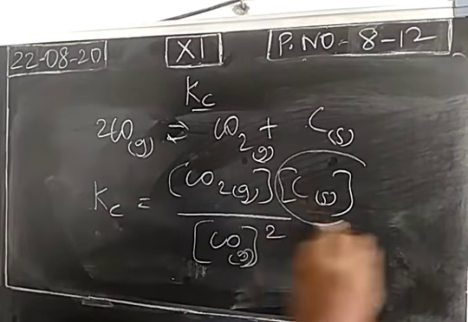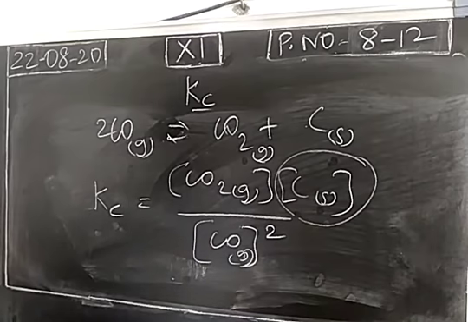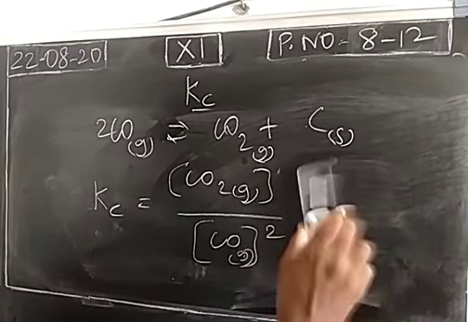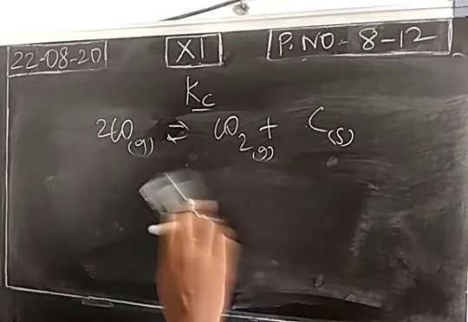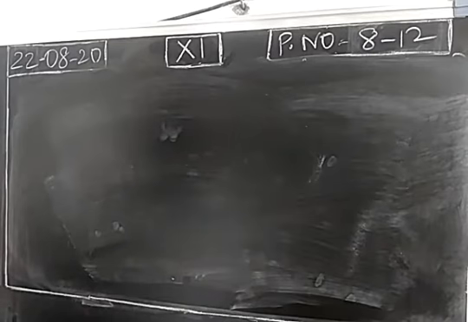Now this quantity will be a constant. So pure solids will have a constant value. Okay. So just remove this. This is the Kc value, the equilibrium constant value for the above heterogeneous equilibrium reaction. So all these are 3 more questions. They will give any 3 equations, and for that you have to write the equilibrium constant. So this concept is over.